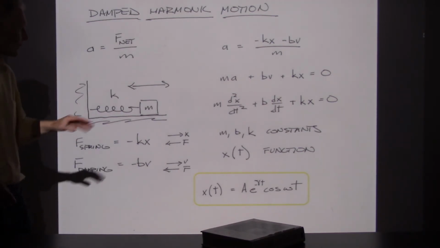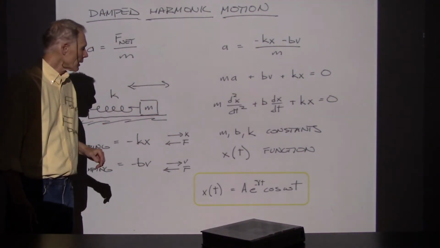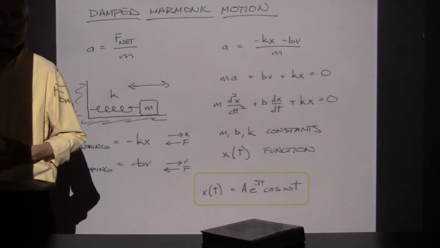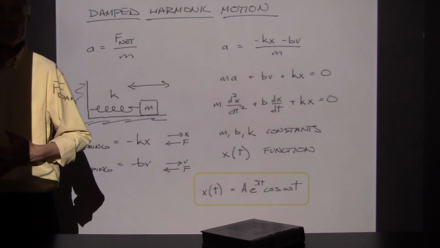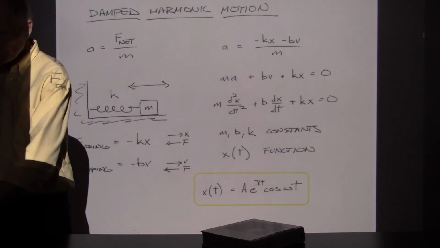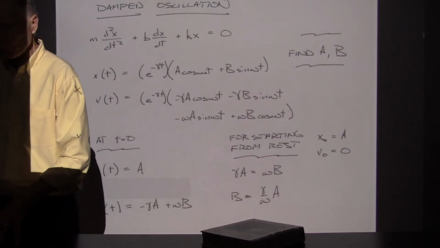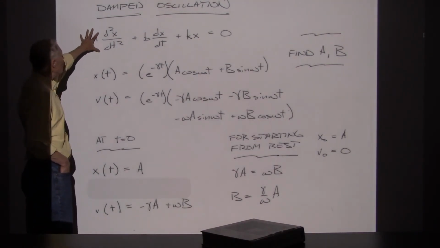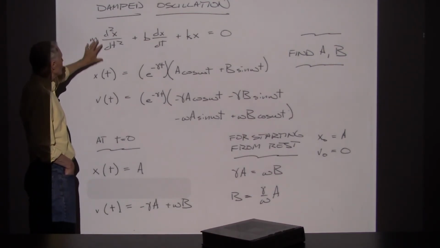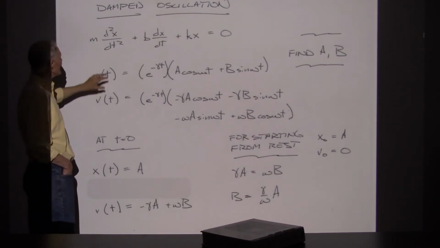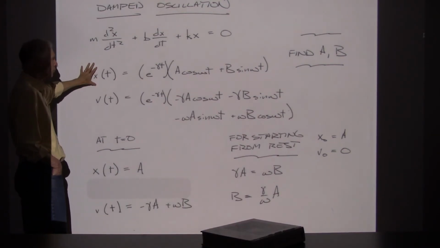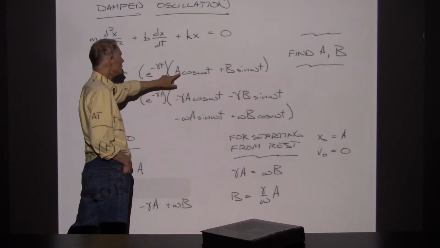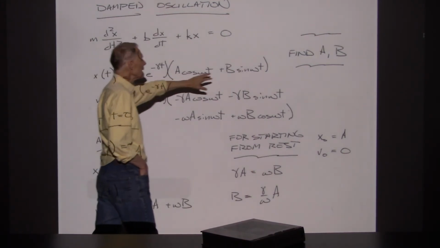But when we take a derivative of that to get the velocity, we find out that this function does not provide us a velocity that's 0 initially. So we can take a closer look. I'm not going to go through all the details, but if we go back to this equation, we can use a more general solution. Instead of using just a cosine with some kind of amplitude, we can add on a little bit of